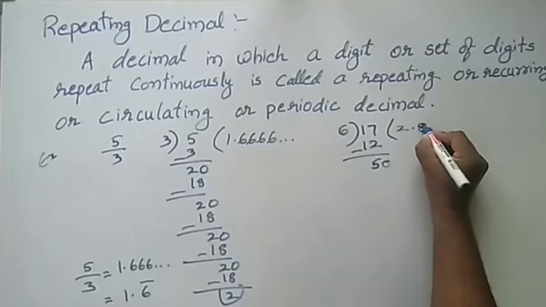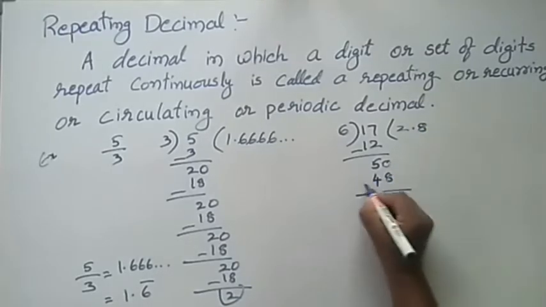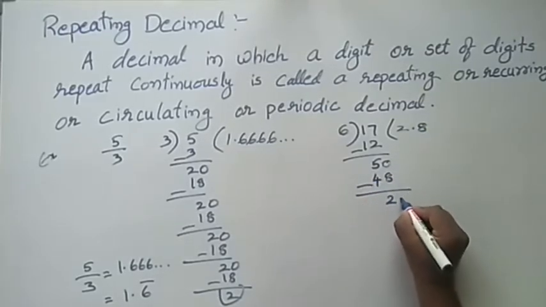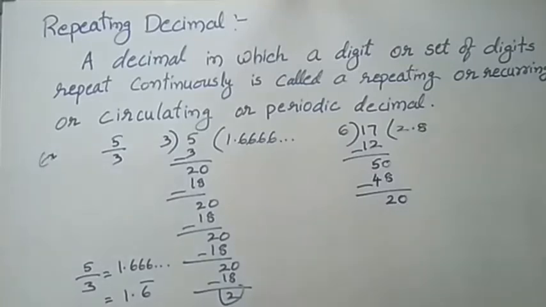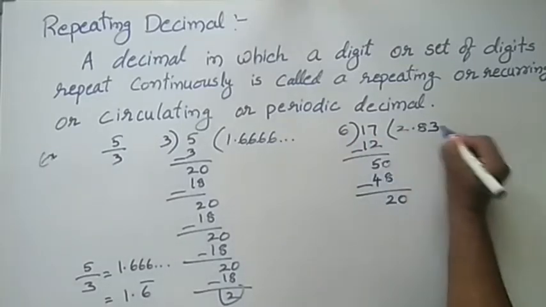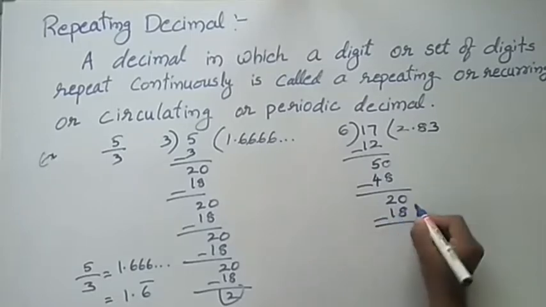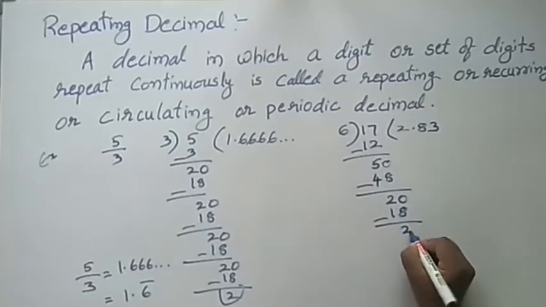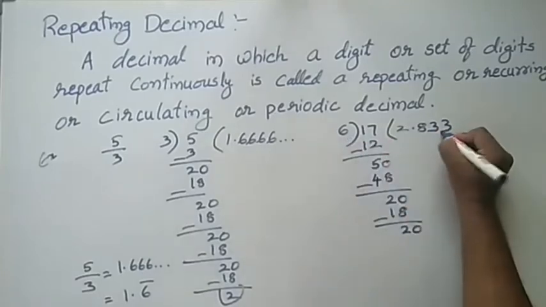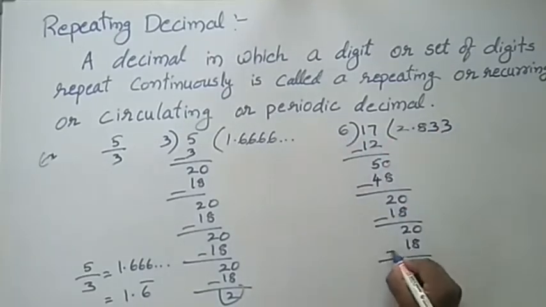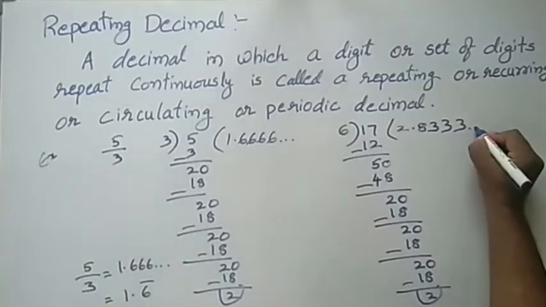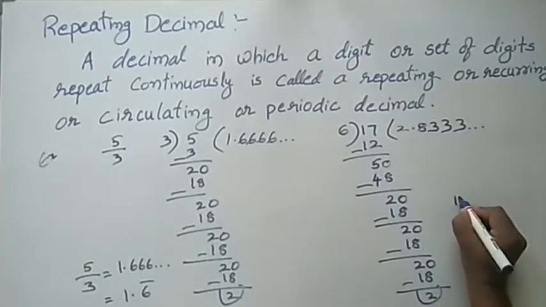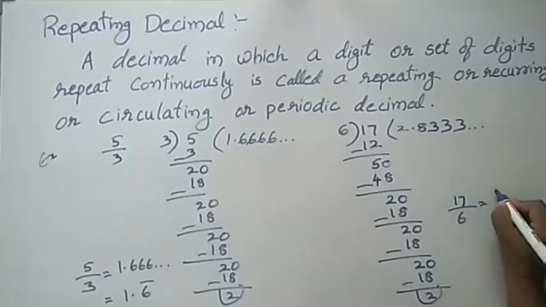6 8s are 48. 50 minus 48 is a 2, and here we can once again keep the 0. 6 3s are 18. See, 20 minus 18 is 2 and 0. 6 3s 18. 20 minus 18 is a 2, so 0. 6 3s 18. It's a go on. So continuation. So 17 by 6 equals to